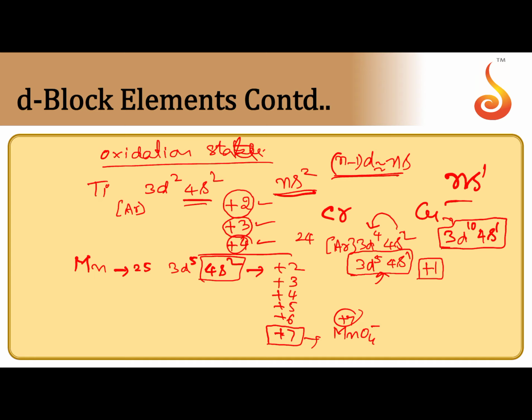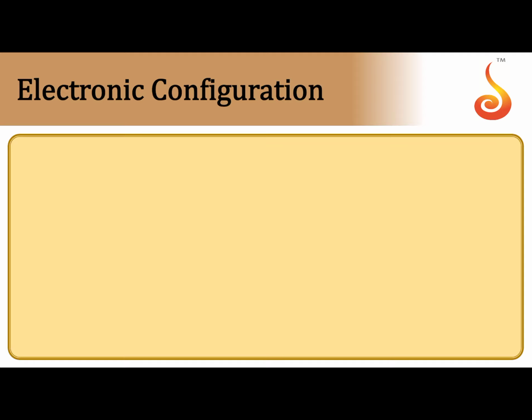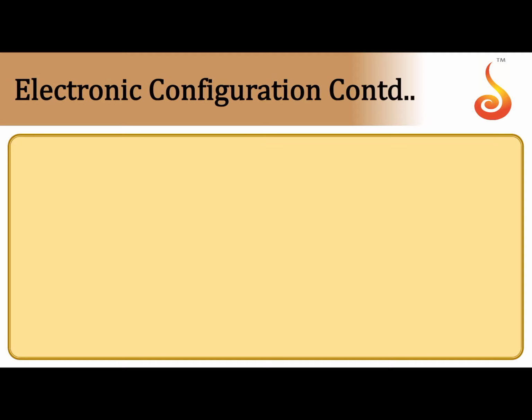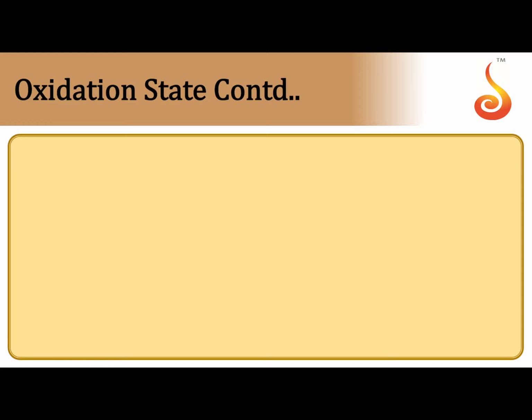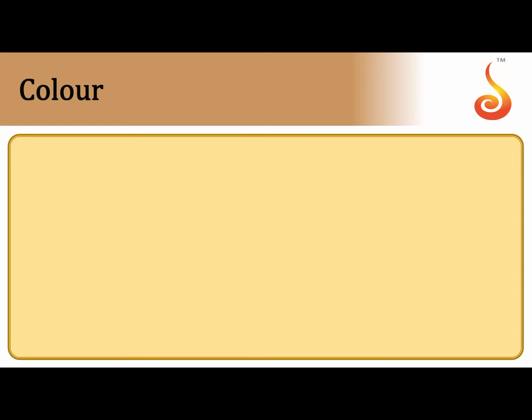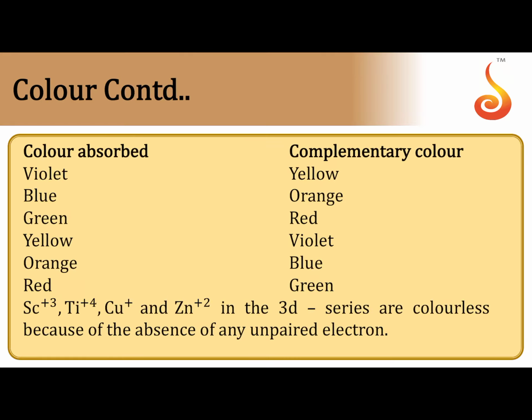So, for the specialty variable oxidation states, d block elements can exhibit some characteristic properties like variable configuration, variable oxidation states, and they exhibit colors. Colored compounds are formed by d block elements, that is due to d orbital splitting and dd electron transition. The d block elements can form complex compounds, they exhibit color. At the same time, d block elements can exhibit paramagnetic nature also.